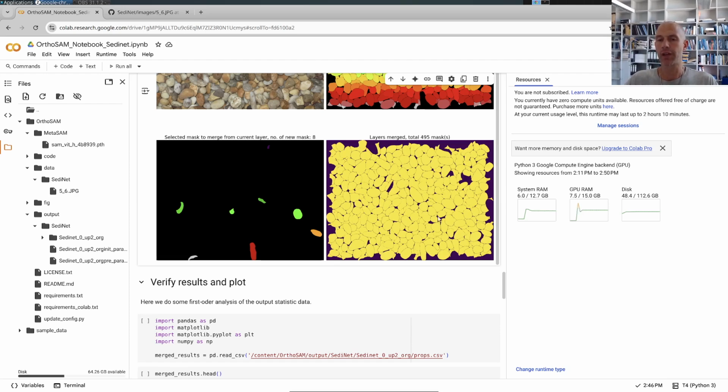So if you're using a larger image, either the system RAM or the GPU RAM will be exceeded and the processing will stop. This was my earlier comment pointing out that the free version of Google Colab may not be appropriate for large OrthoSAM runs unless you